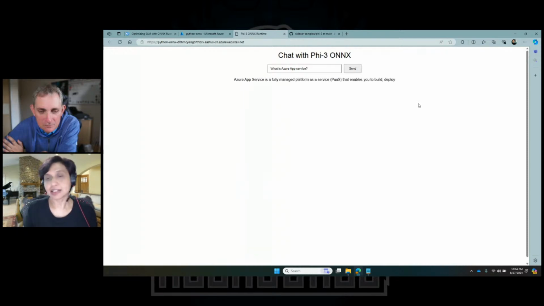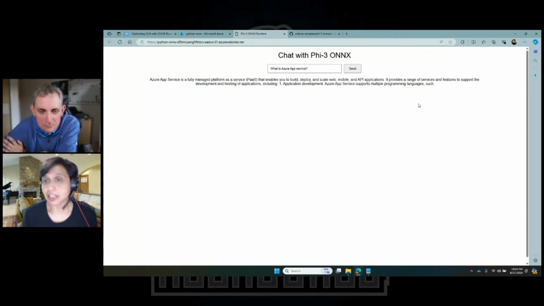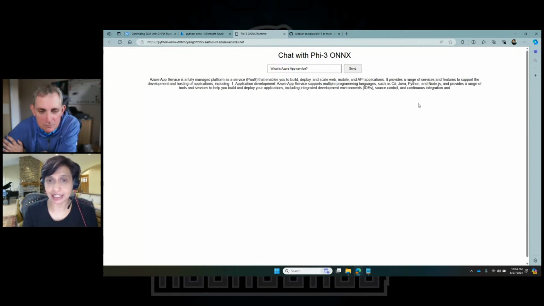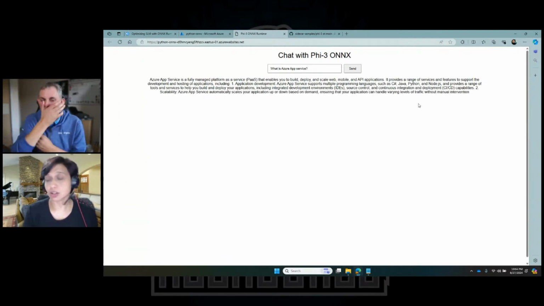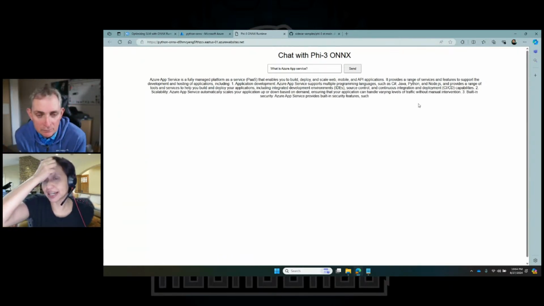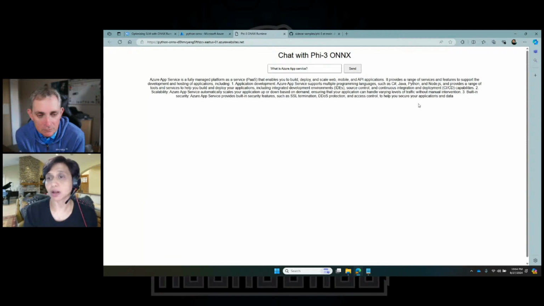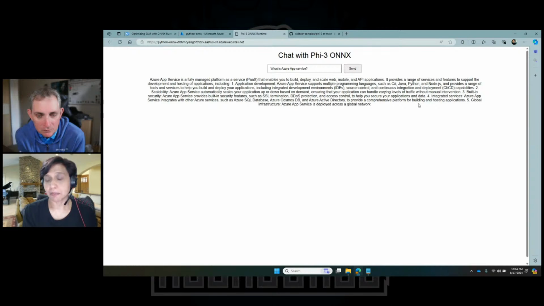And you can see that it has started giving a response almost immediately. That's because it is small. First of all, it is running side by side with your main application. It's not even going out on the internet and connecting to a large language model to get data for you. And you get all the benefits of AI, but this is a good place for you to get started.